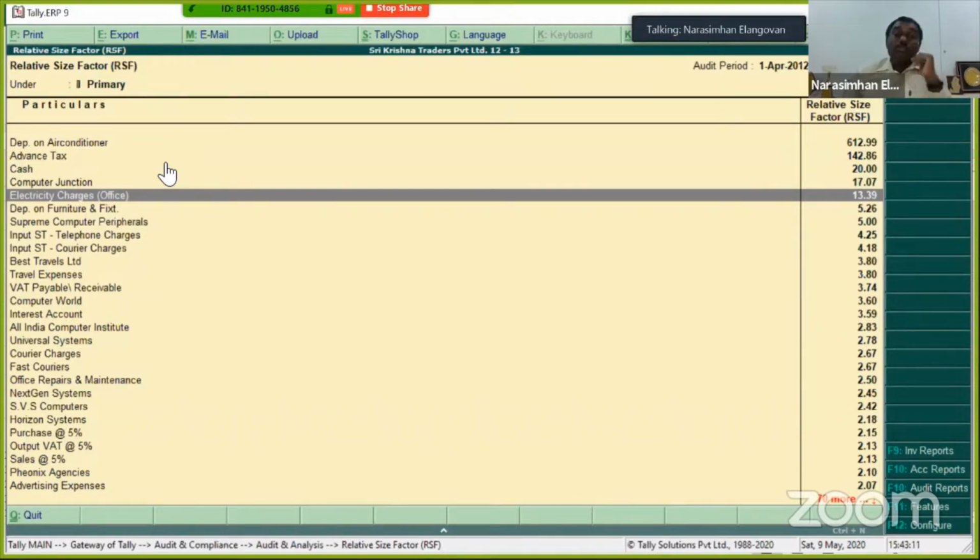Second, you can also prepare a maximum size factor or a range size factor, dividing the highest and the lowest, the ratio of highest to lowest. That may also give you different results. But the logic which I want to drive home, my dear friends, is that by deploying certain tools or analytic things like this, you can save a huge amount of time. At the same time, your work paper is also taken care of.